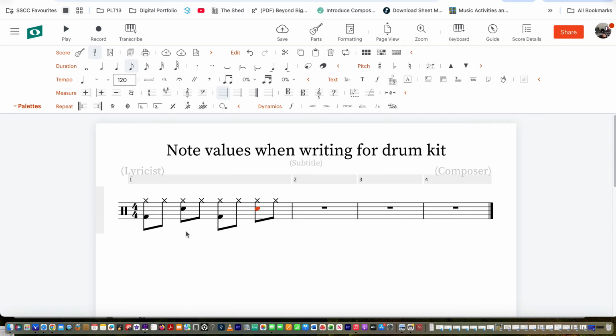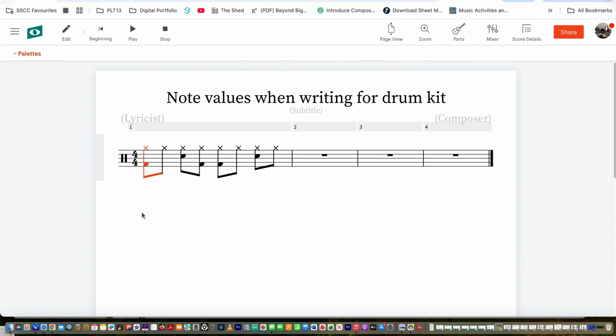And if I want to have that extra kick beat here, I put it there. So listen to that. Okay, so technically these are eighth notes, these beats here, but what matters is not